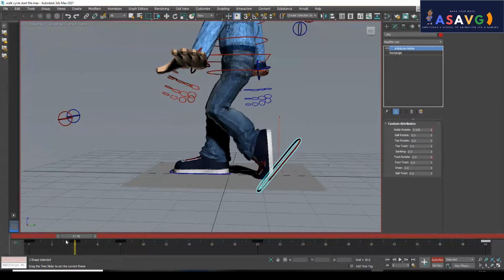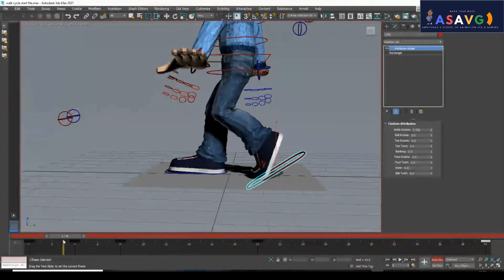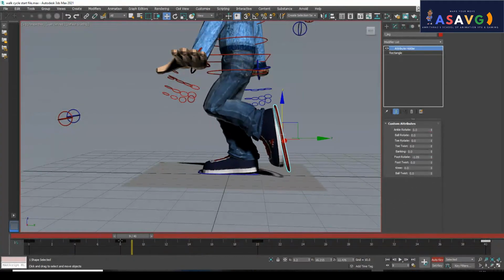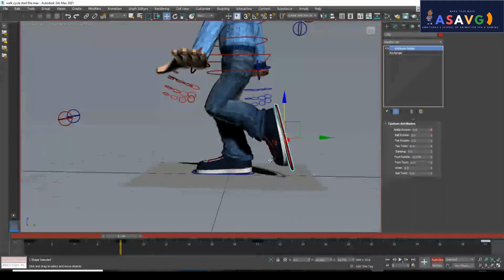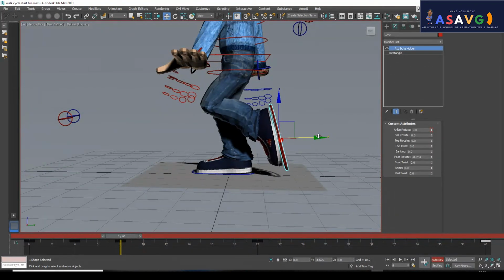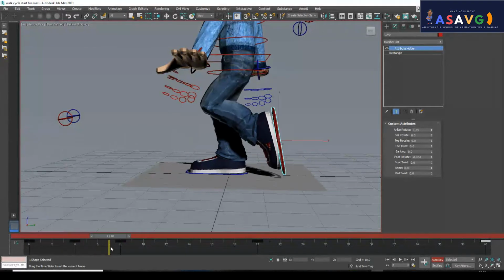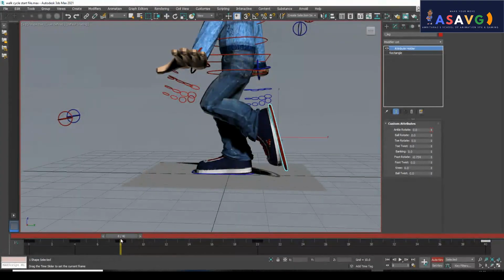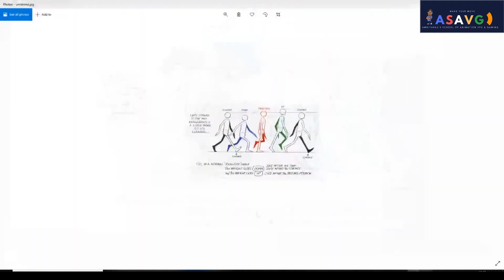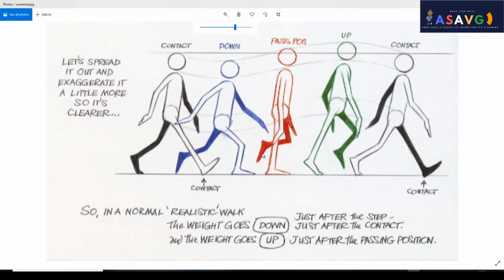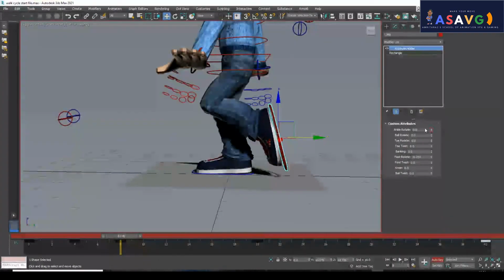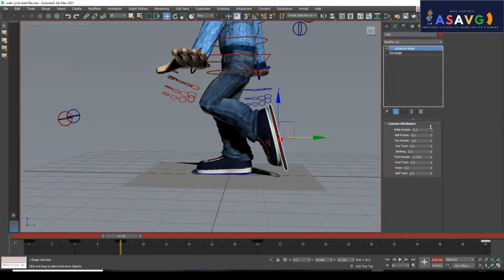So now you can see, and make this area a little bit to the front. A little bit of drag. Okay, now the pose is okay compared to this one. Just click and make it okay. A little bit of slide will also be needed. So if you want, you can add a slight slide and angle rotation.